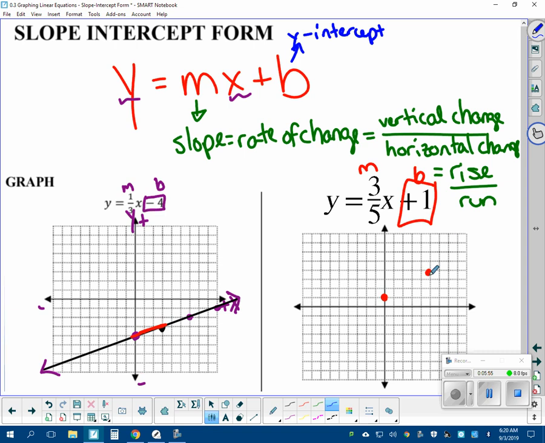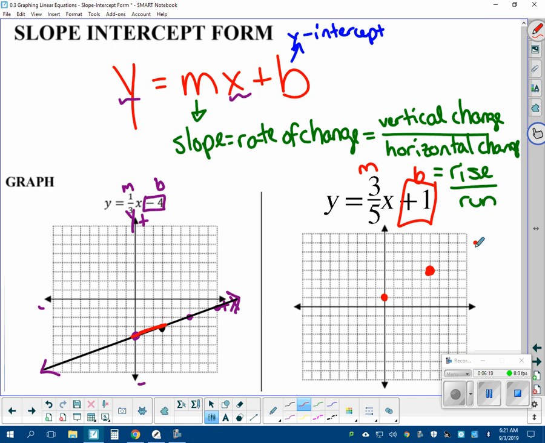And put a point. Those are the only 2 points you have to have on your graph to draw the line. You could choose to put more on there, but you don't have to. If you really wanted to put more points on, if you notice on this graph, 1, 2, 3, 1, 2, 3, 4, 5, I'm off my graph. That's okay, you could still stick it out there, but the other thing you can do is go in the